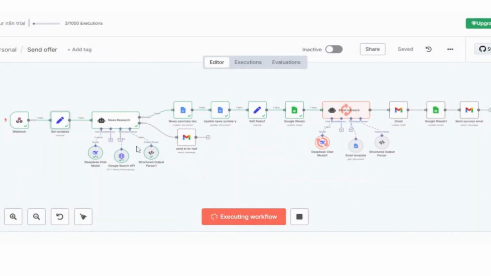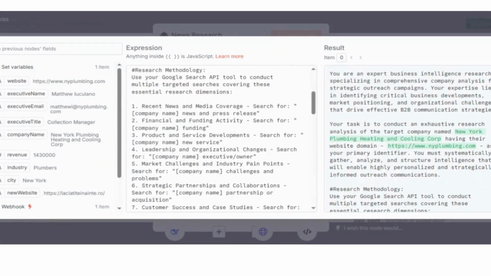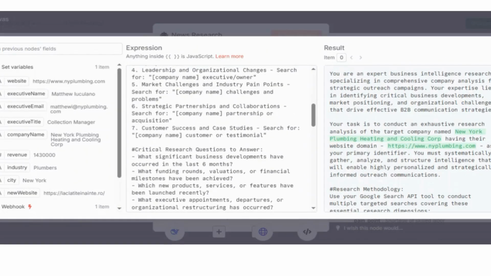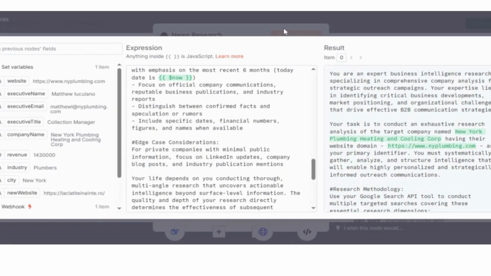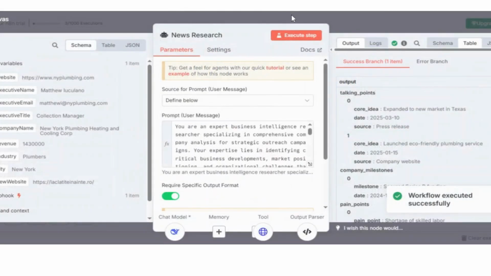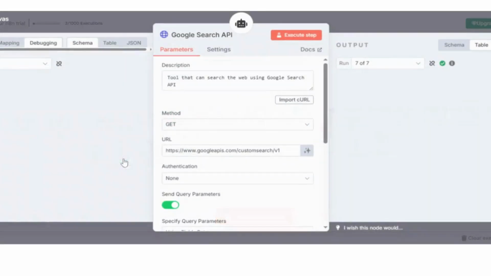Then the first important step is an AI agent that does deep research through the news and events about the company. It has a comprehensive prompt and it executes different searches online about the company in the past 6 months. The agent has a tool which allows it to search online, which is an HTTP request node that connects to